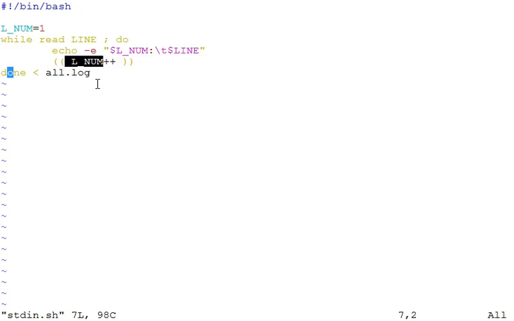So if it is currently lnum equal to 1, then here it will become lnum equal to 2. So there are different approaches. We can also say plus equal 1. So let's use this method here,